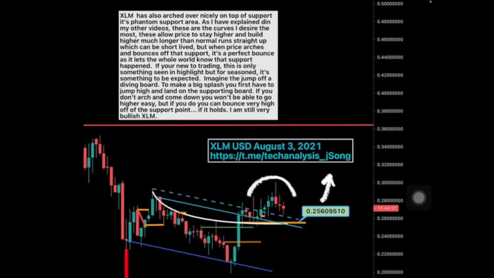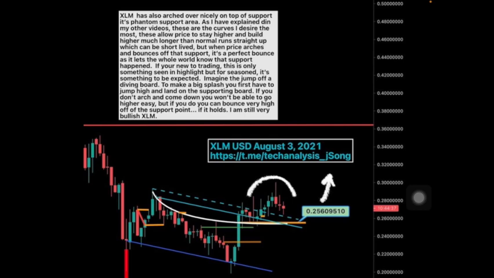I had written that XLM has arched over nicely on top of support, its phantom support area. As I explained in my other videos, these are the curves I desire the most. These allow prices to stay higher and build up much longer than normal runs straight up, which can be short-lived. But when price arches and bounces off that support, it's a perfect bounce, as it lets the whole world know